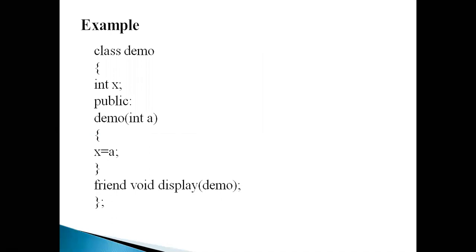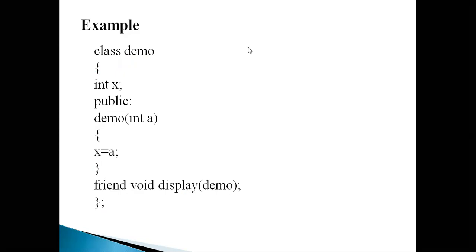Look at this. This is the example of how we are going to work. Already we discussed one example, and again we'll look at one more. Here I am defining a class demo. This is the beginning of the class, with a normal private variable. In the public part, I am creating a constructor. This is a member function, but it is a constructor. We'll discuss it later. Simply assigning a value to x, and I am declaring a friend function display by using the keyword friend, and then closing the class.